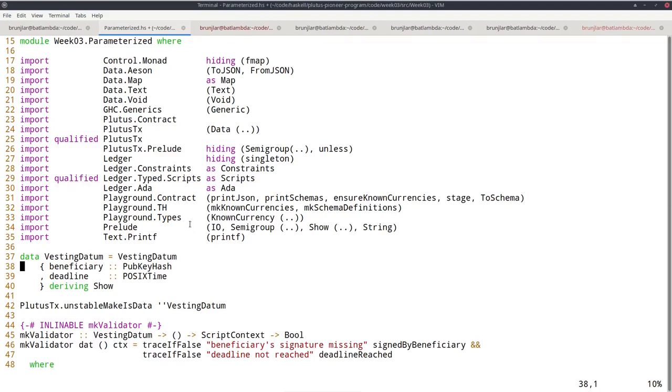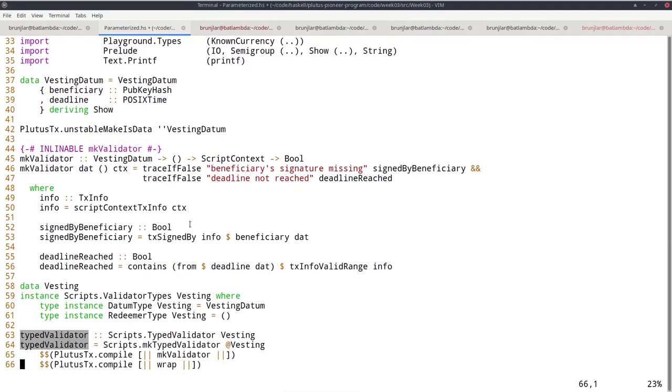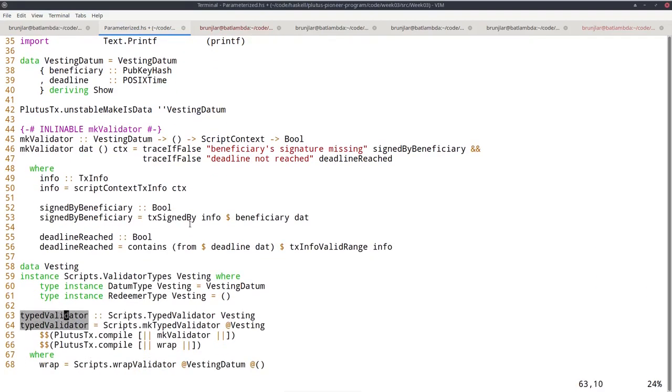All the examples of contracts we have seen so far were always fixed. We had this typed validator, and that was just of type typed validator. So it's a constant, a compile time constant actually. The idea of parameterized scripts is that you can have a parameter. Depending on the value of the parameter, you get different values of typed validator. So instead of just defining one script, you, so to say, define a family of scripts that are parameterized by